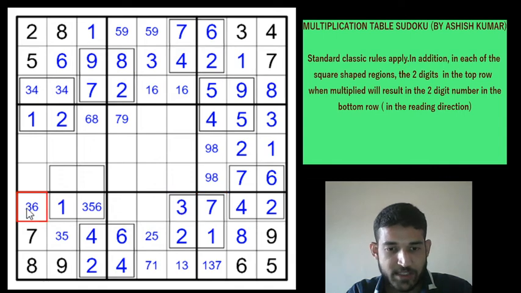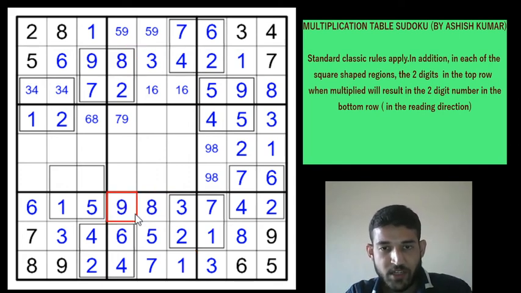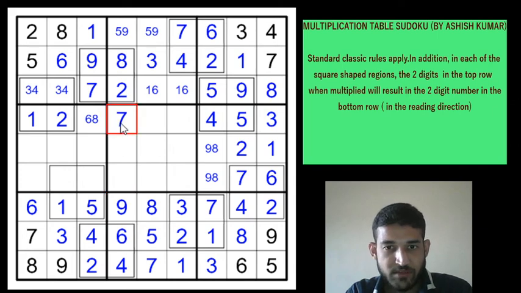Because of this 3 you get a 6 here, you get a 3 here and a 5 here, right? And because of this 2 you get a 5 here, and this 3 gives you a 1 here, a 7 here, and a 3 here. And 2, 3, 5, 6, 1, 4, 7 have been placed in box 8, so this is going to be 8, 9, but 8 is in column 4, so this is an 8, this is a 9, which immediately gives us 7 here.